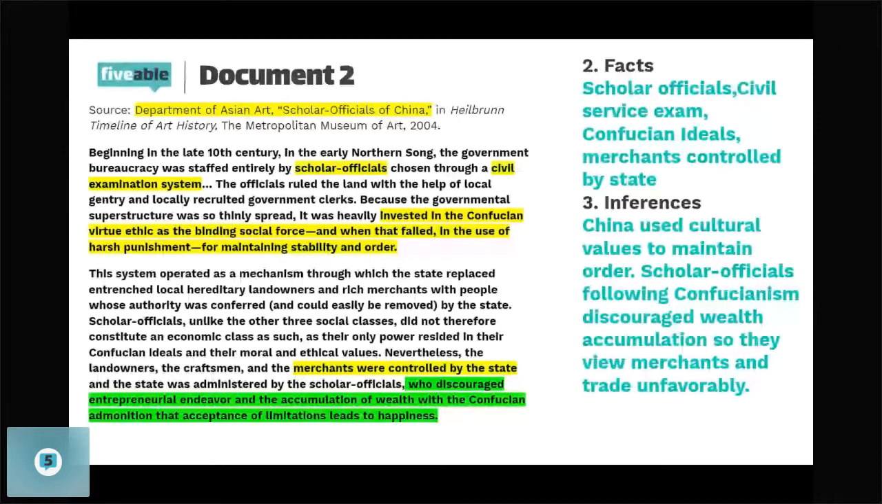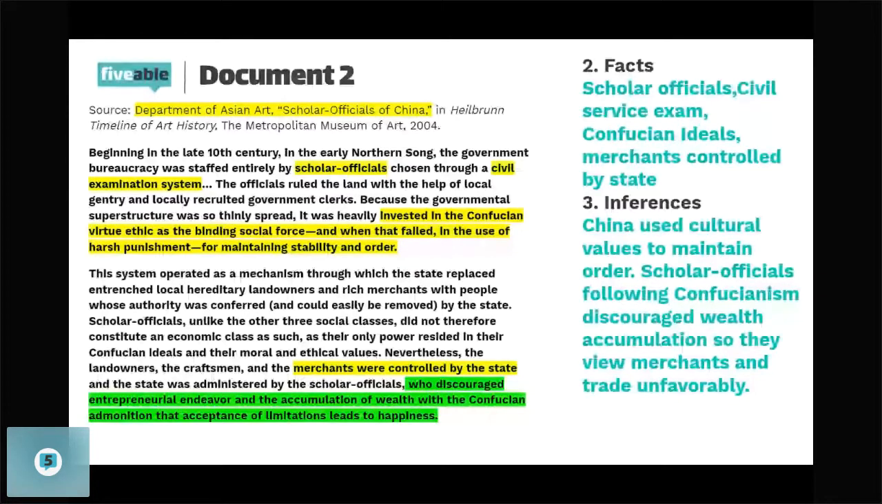The Confucian admonition, so it's kind of like punishment, discouragement. So they discourage, with the acceptance of limitations leading to happiness. Okay, this is not exactly the American dream, but in China a long time ago. So the facts I pulled out of here: scholar officials or scholar gentry, civil service exam, Confucian ideals, merchants